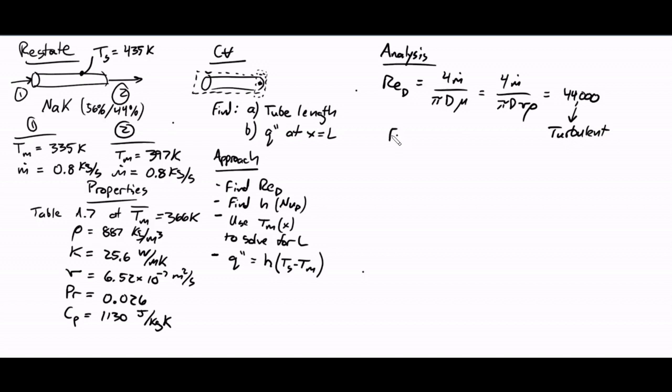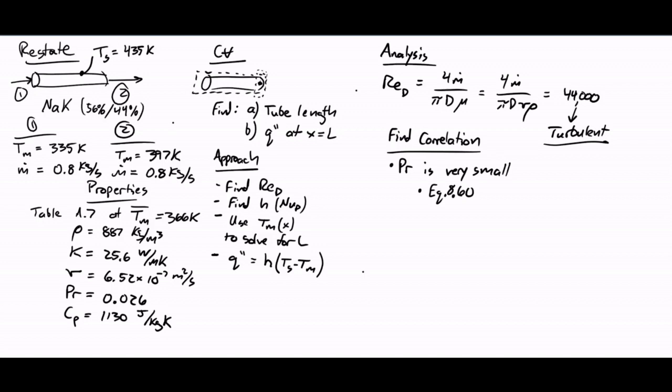Okay, so now we need to find our correlation. Remember, we are at the part where we're trying to find H. So something to notice is our Prandtl number is very small. Because it's so small, we can look at our different equations, that's equation 8.6. So we're going to look at different correlations for turbulent flow in an internal system for a constant wall surface